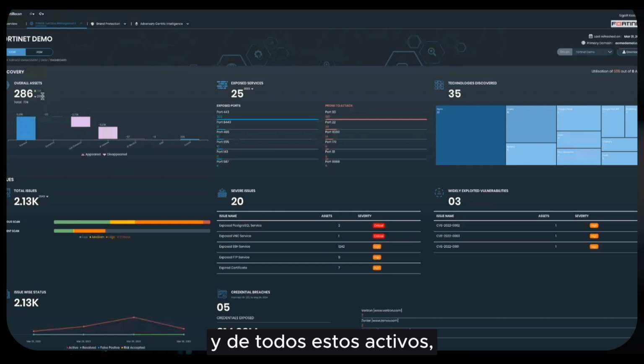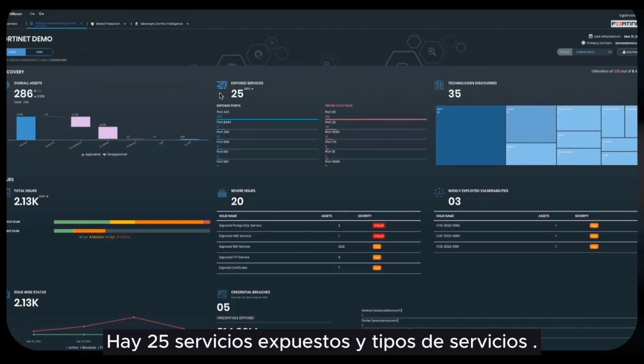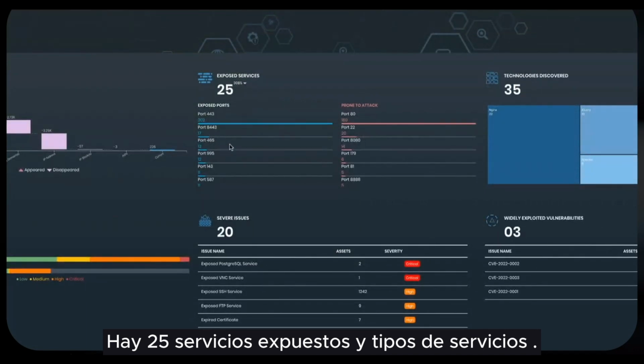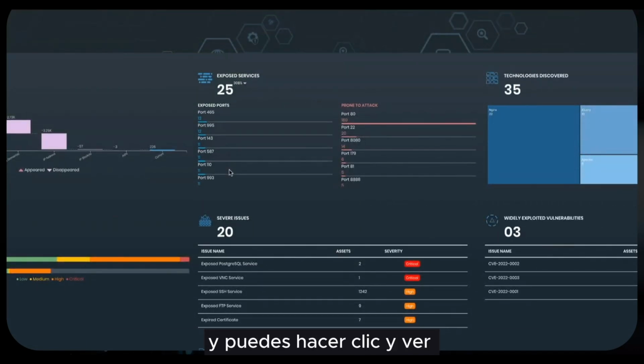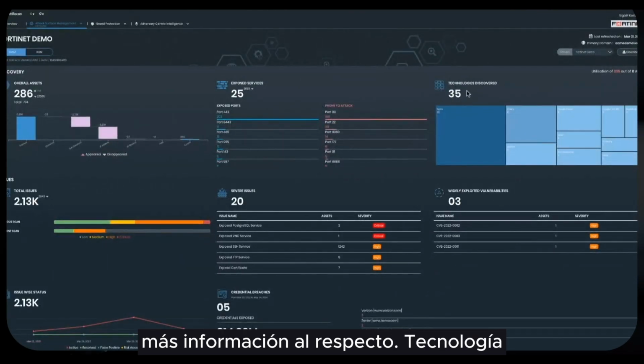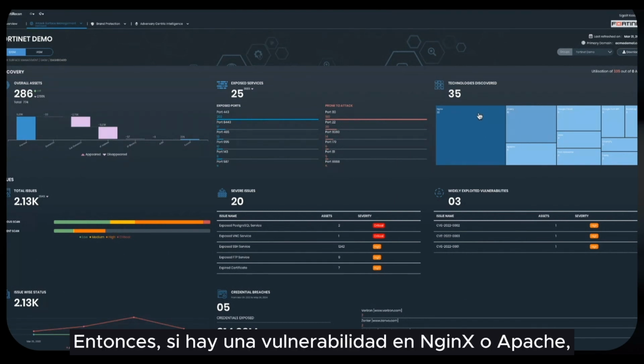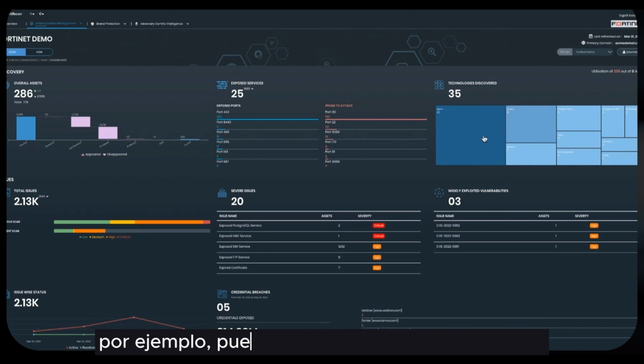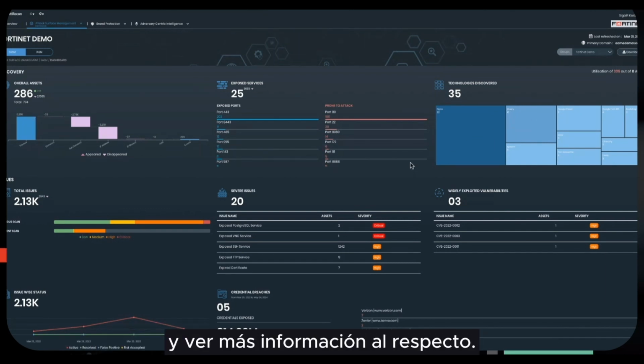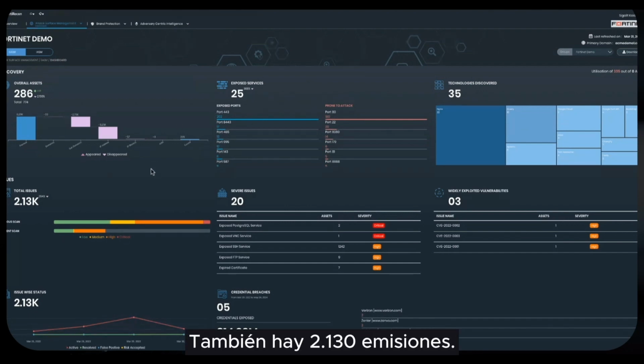And out of all these assets, there are 25 exposed services and services types, and you can click and see more information about that. Technology discovered is another data point we provide. So if there is a vulnerability in Nginx or Apache, for example, you can just click on it and see more information about it. There are also